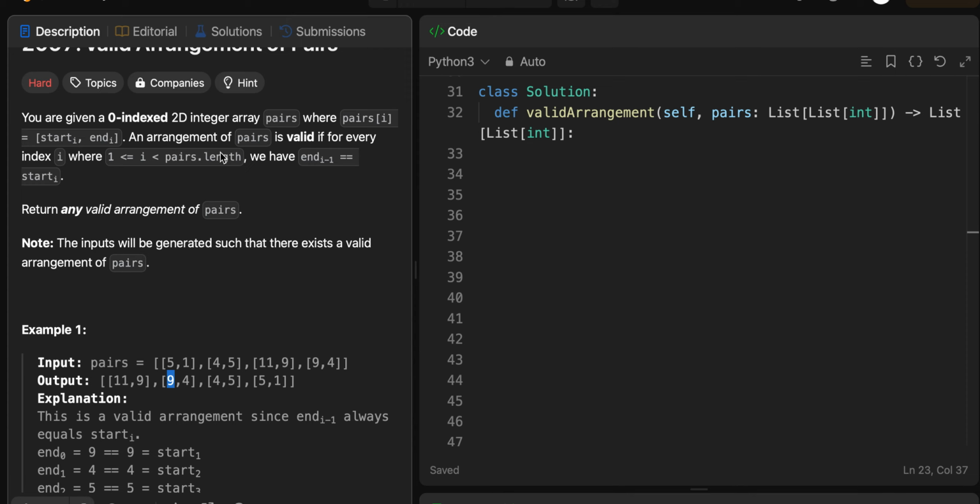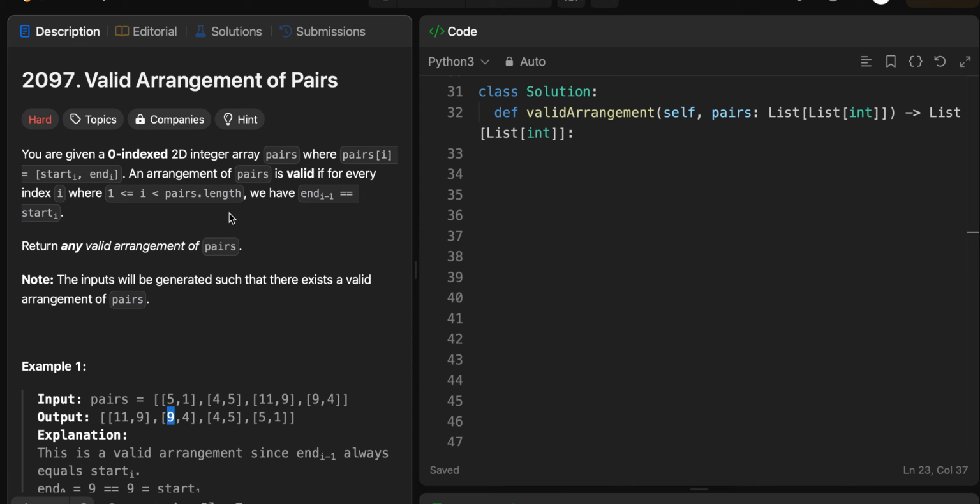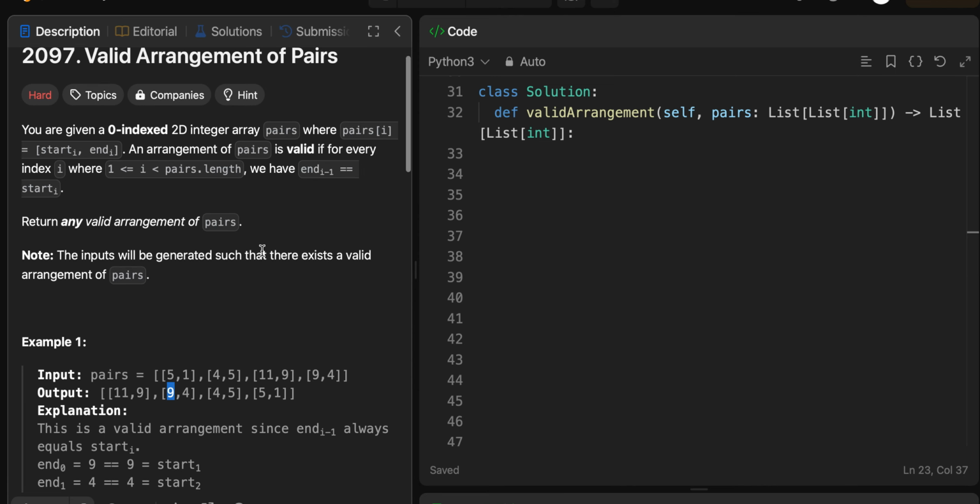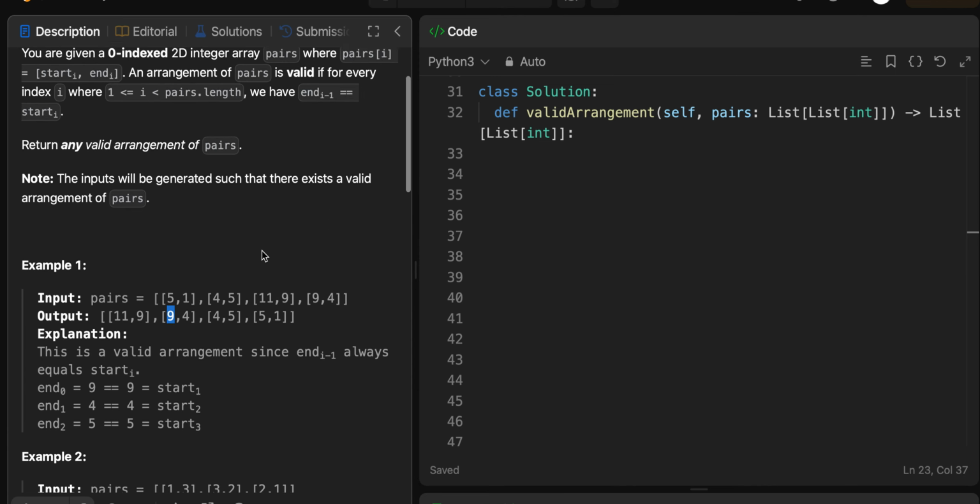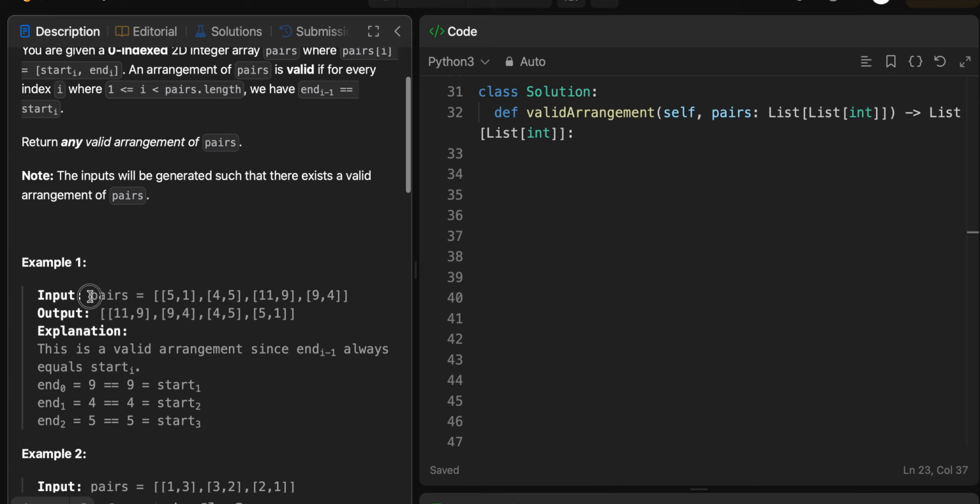Hello everybody. Today we will be solving Leetcode 2097, valid arrangement of pairs. So they provide us a pairs list which has sublists of [5, 1], [4, 5], [11, 9], and [9, 4]. What they are essentially asking us is to return an arrangement so that the ending value of a node or a pair is the starting value